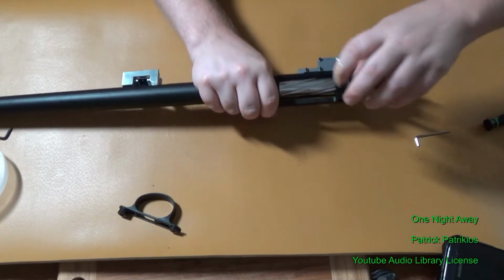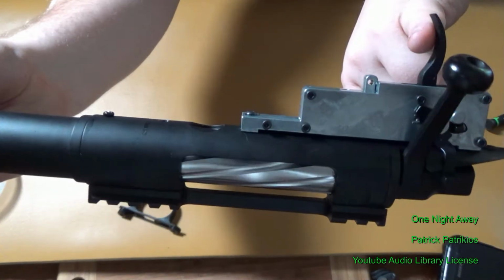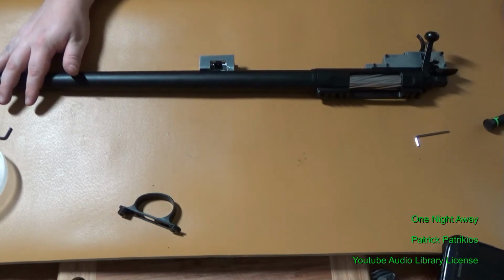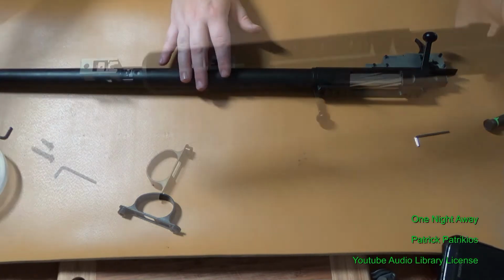And again, just as a demonstration of how light that trigger is. But yeah, now you've got the main assembly done, and all that's left is putting it back into the body. Now,